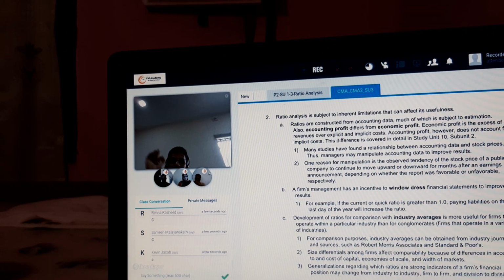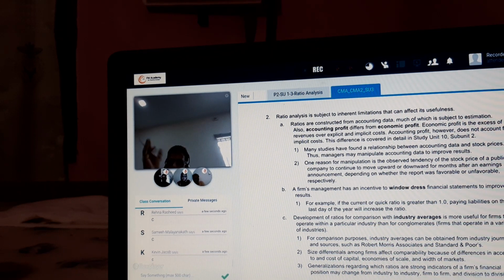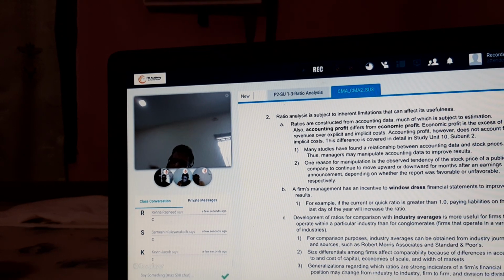So that's an inherent limitation of the accounting data, and ratio analysis suffers from that. So you need to find other ways to really find the imputed capital and then use that. That will not come from the accounting data. You will not have that kind of information from the accounting data. So purely based on accounting information, ratio analysis will suffer from all the limitations of the accounting profit. That's it. And then another issue with the accounting profit is that